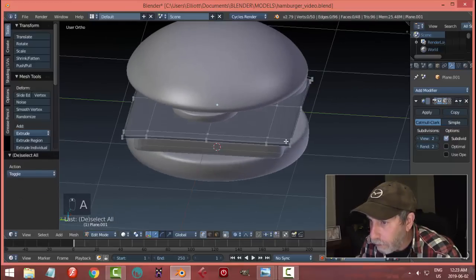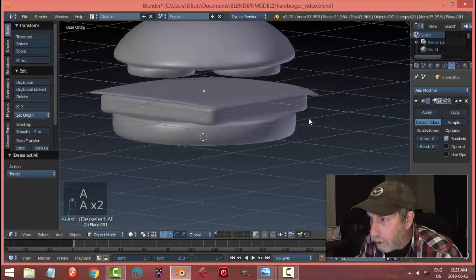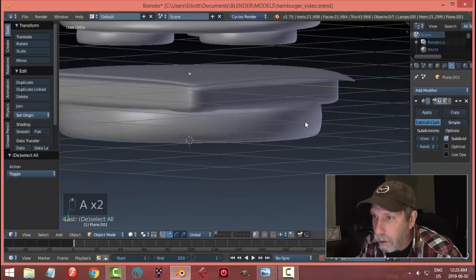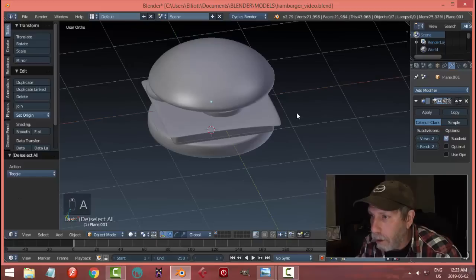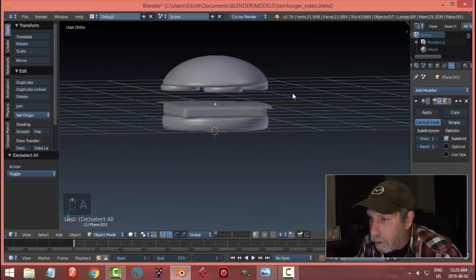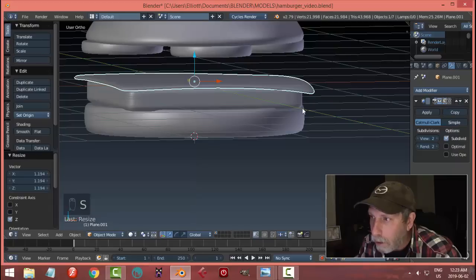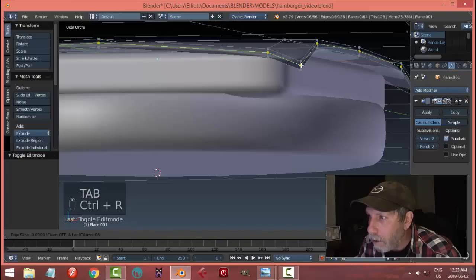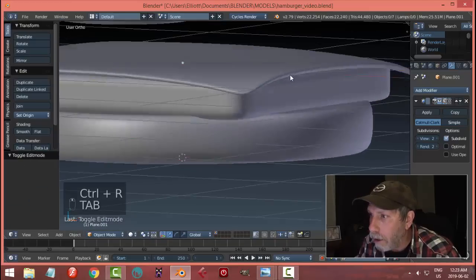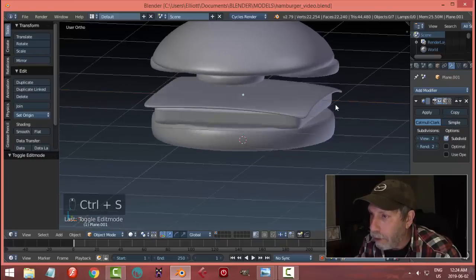Just like that. Okay. Thicker though. This thick piece of cheese. Now, I might want to try just that. I think I do. And then for the lettuce,